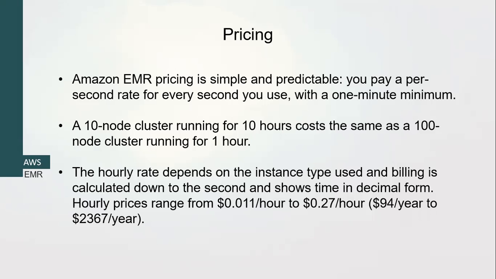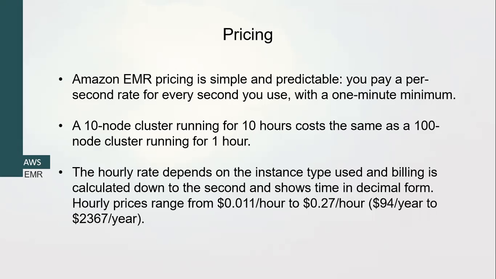As you can see in the second point, if you are going to use a 10 node cluster for 10 hours, it will be the same as a 100 node cluster running for 1 hour. You can count yourself: 10 into 10 goes for 100 units, and the same goes for 100 multiplied by 1. So it doesn't matter how many clusters you run, it is charged only per second. And the third point is that the hourly rate mostly depends upon what instance you are using